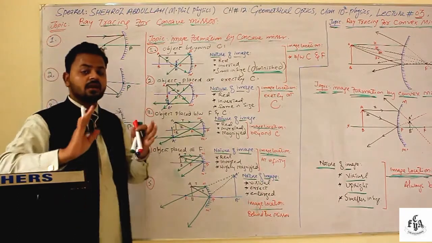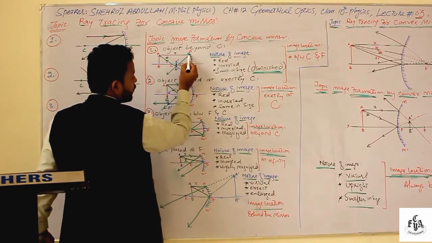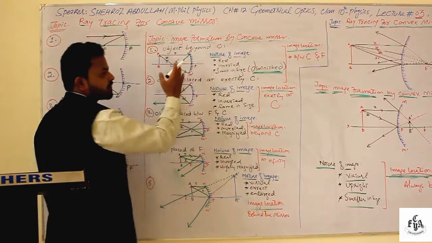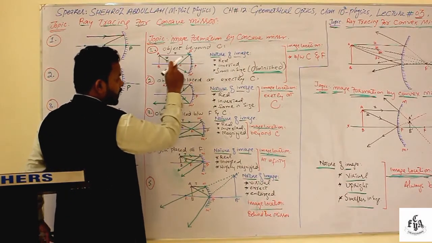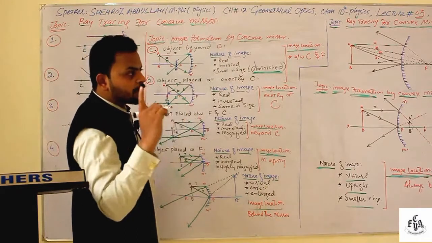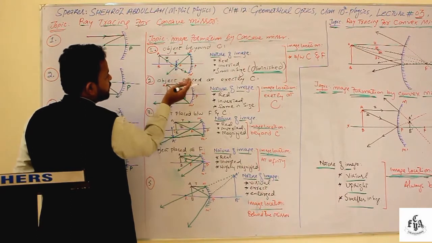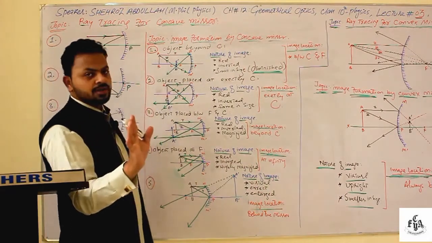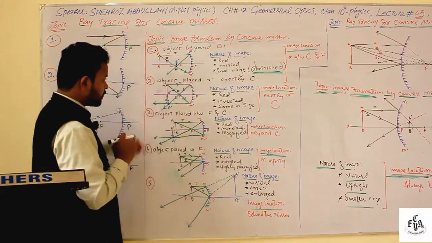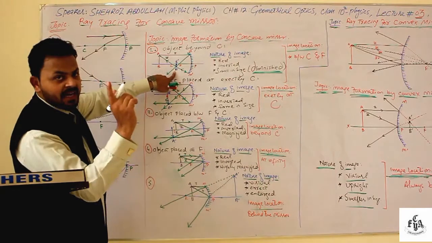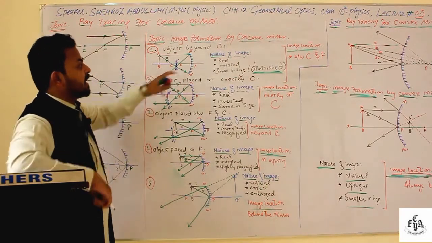Now what happens over here, there are 2 light rays. The first is coming like this, parallel to the principal axis. After striking the mirror, it reflects and follows the path of the principal focus, passing through it. The second ray comes, passes through the center of curvature and moves along the same path from where it came, never showing any deviation. Both rays intersect each other at this point, shown by A dash, B dash. This A dash, B dash is actually the image.